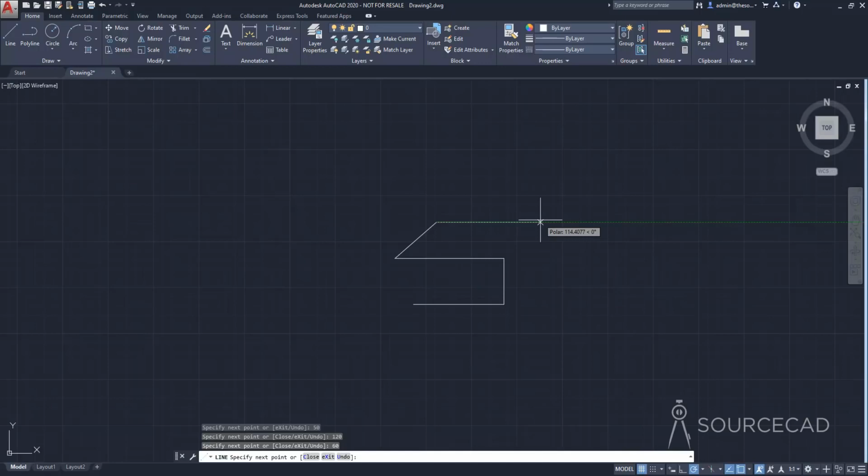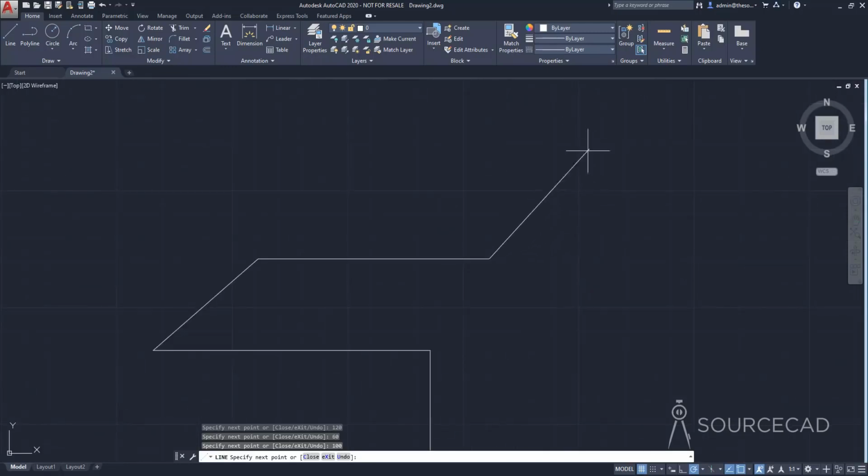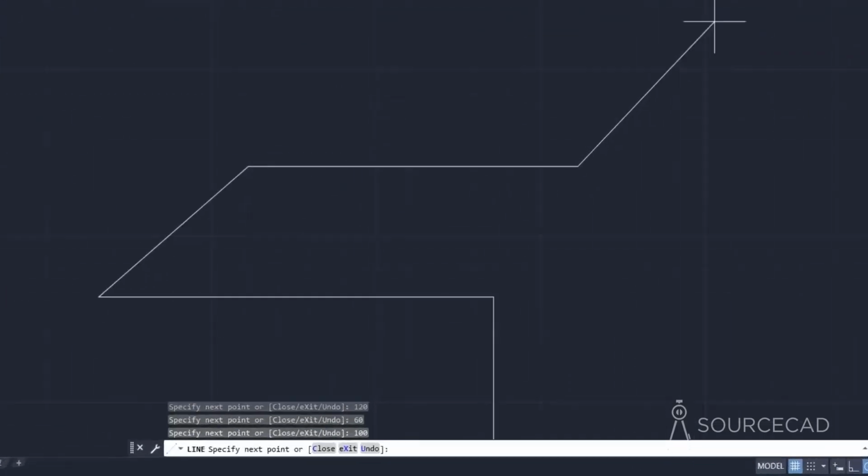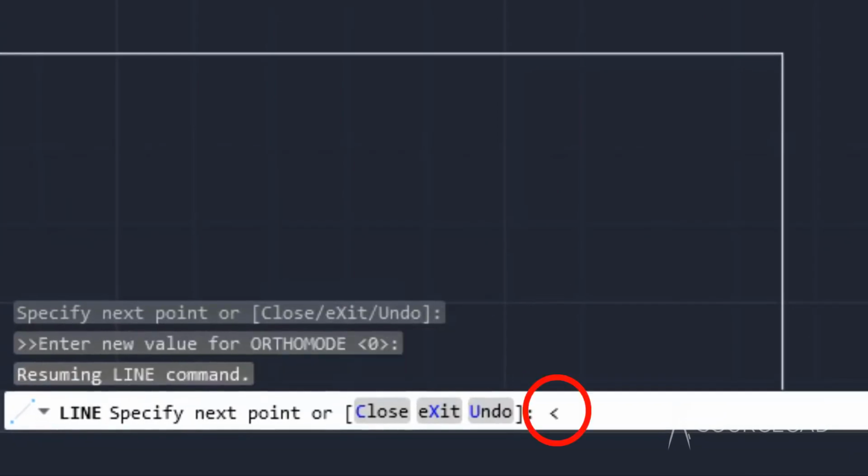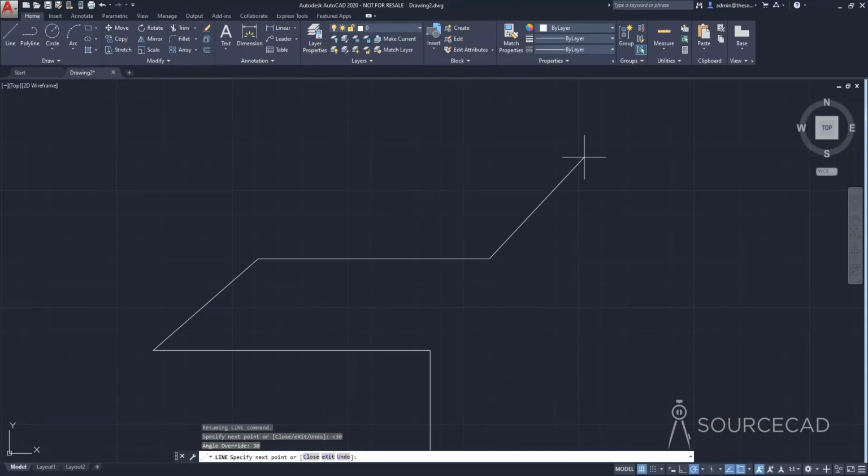Also in this case, if you want to add angle values, then that also you can do pretty easily. So let's just make another line of length 100. So I'm going to go to 100 and enter. Now this length is again 100. And now from here, I want it to incline at an angle of exactly 30 degrees. So now instead of typing 30, I'm going to type this angle sign. Now this angle sign is on your keyboard. It's right next to the M key. So just press and hold the shift key, and then press the angle sign key, and it will add the angle sign. Now type in 30 and press enter,